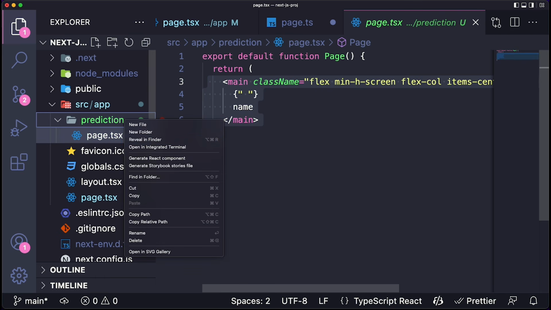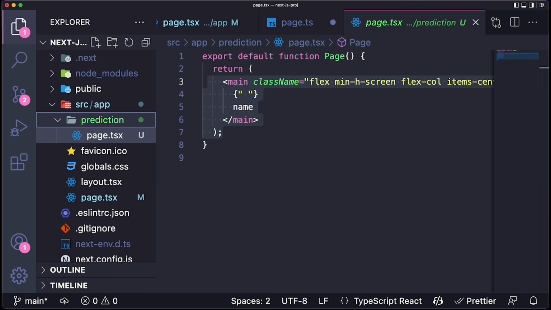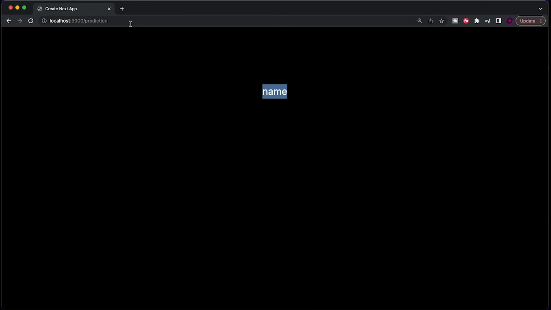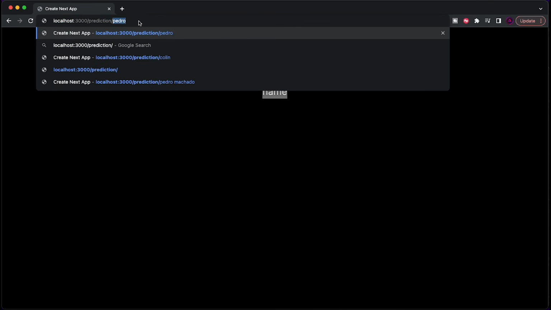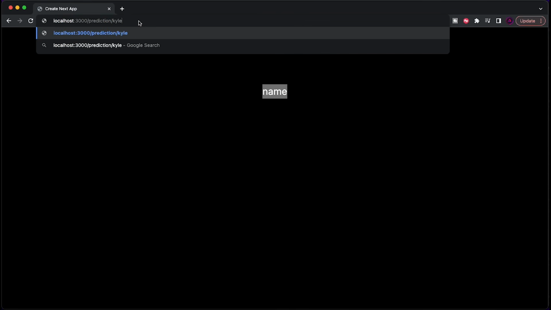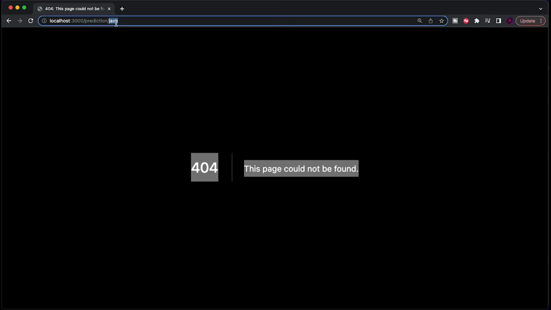But actually, I want to use a route that is dynamic. If you've ever worked with parameters and routes, what I mean by this is whenever you go into localhost 3000/prediction and you go /some sort of name like Kyle or Jack, it's supposed to, obviously right now it's saying this page cannot be found because we haven't set this up,